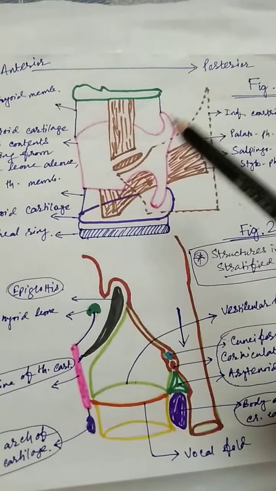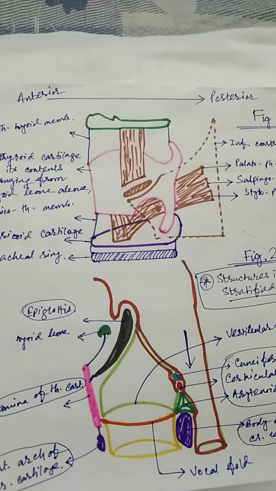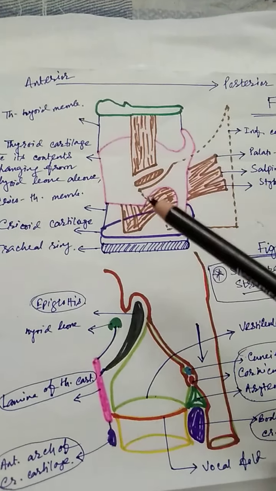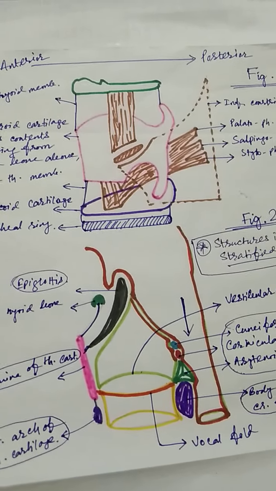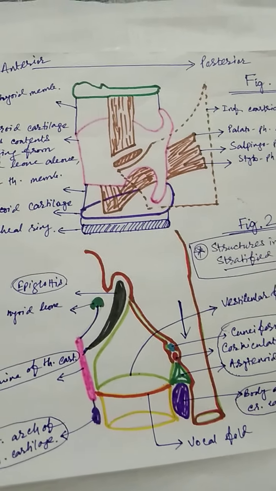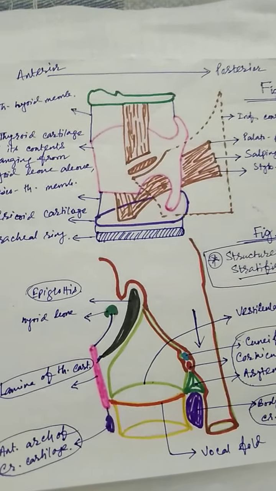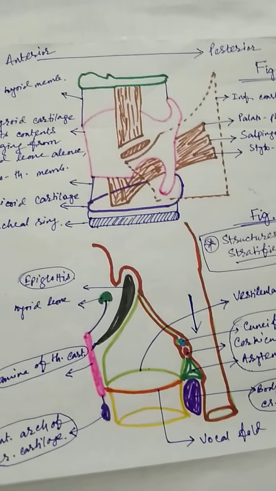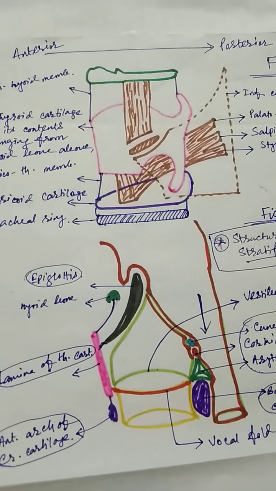If the recurrent laryngeal nerve is cut or injured on one side, all muscles on that side will be paralyzed except the cricothyroid. So what should happen to that side? If the cricothyroid remains intact and functions normally, obviously what should happen? The vocal fold of that side will be in the paramedian position, or it can cross the midline.